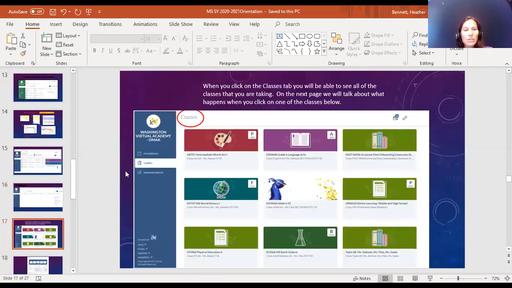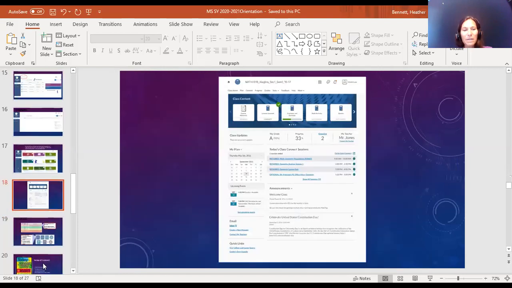And then we're going to go down to the Classes tab. And when you click on the Classes tab, you can see all of the courses that are assigned to you. Of course, you can't see that right now, but you will be able to. You'll be able to see all of your courses. And then maybe the course that you like to work on first thing during the day is language arts. So let's go over here and you click on language arts. Whatever you want to work on for the first one for the day, please click on that here.